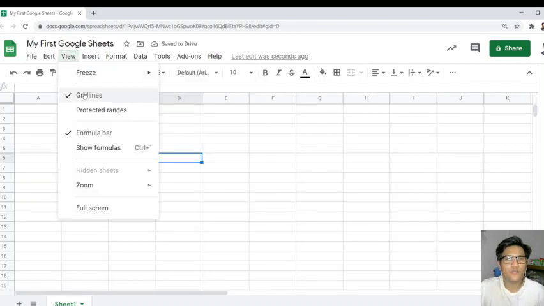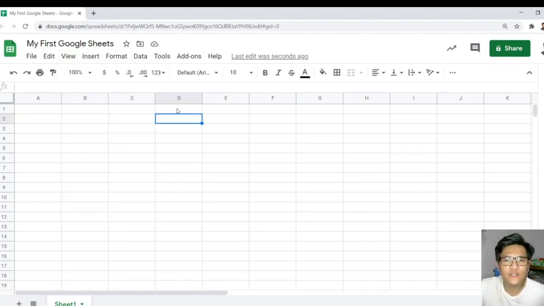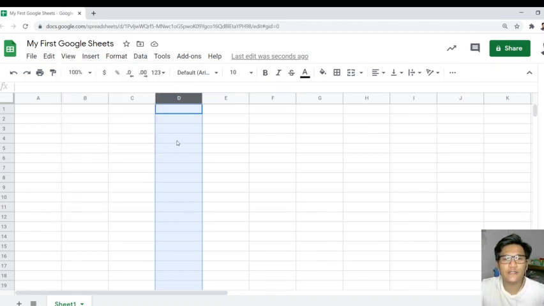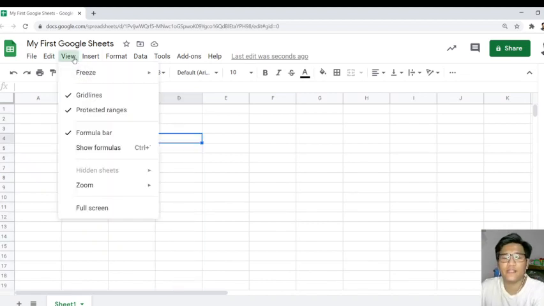So what else? You can see the grid lines. You can also protect ranges, no? Say for example, you want to protect this range, pwede nyo yang i-protect. So no one can edit this certain column or certain cell if you have protected that. Kahit na naka-collaborate kayo, no, you are editing this in your team, but you don't want someone to edit it, especially if this column is confidential, this is the primary key of your database, then that should not be edited. So pwede na you can protect the range. Okay,